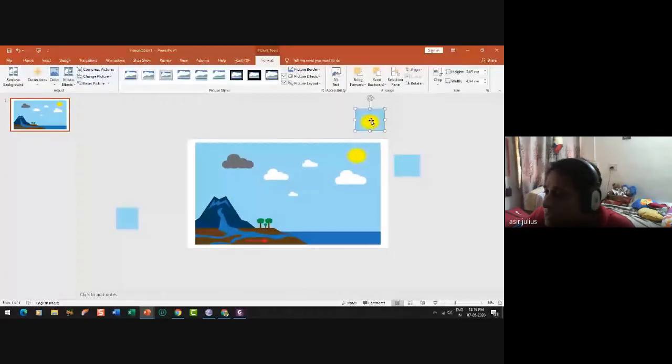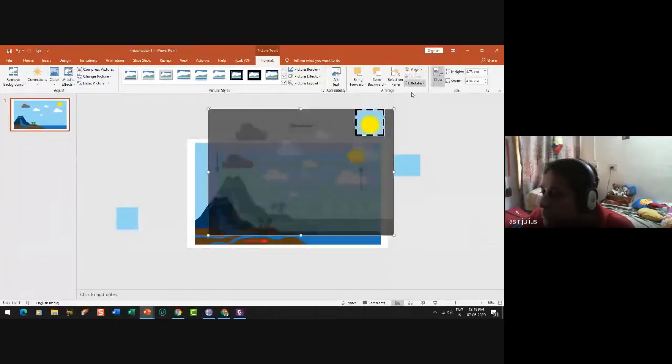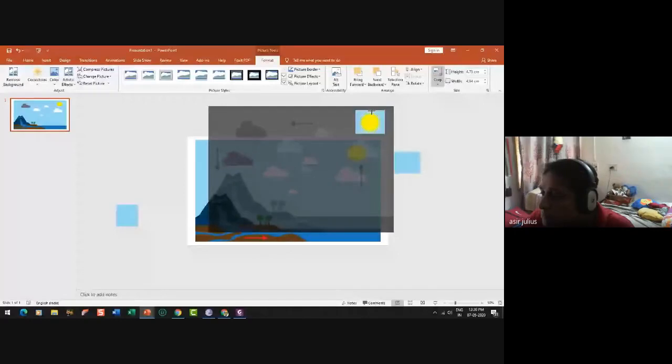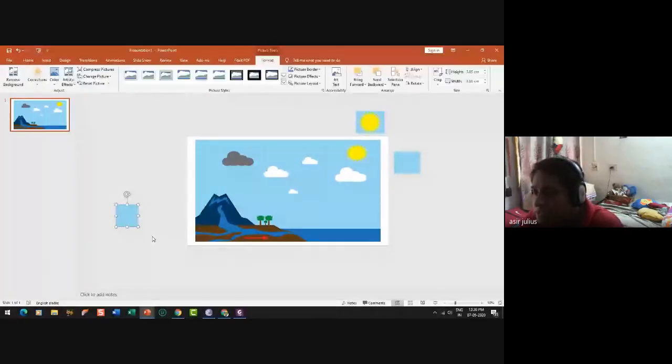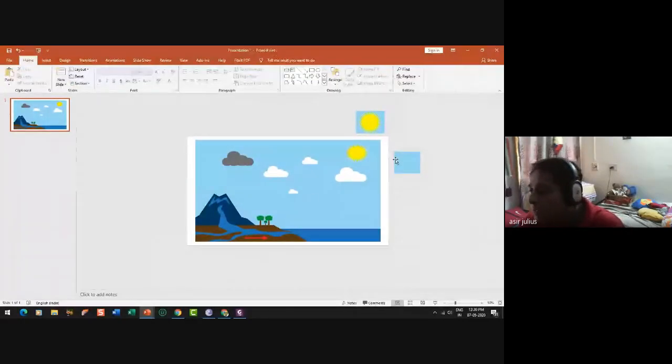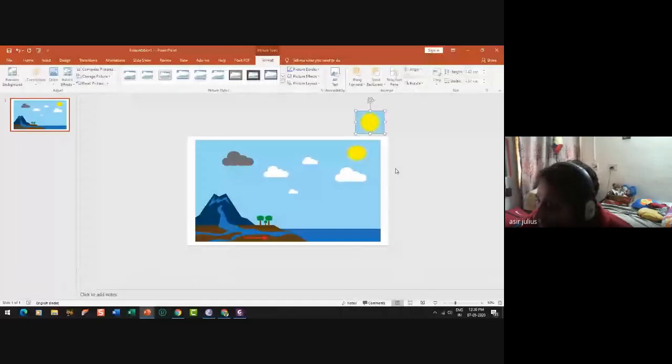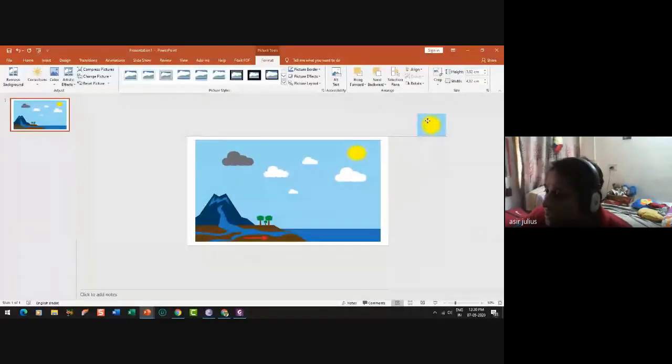Again, it is not symmetrical because you have a large space over here. Again, crop, more or less equal size. Okay, right. Now I'm deleting the extra patches. I'm just placing this particular sun above the sun.